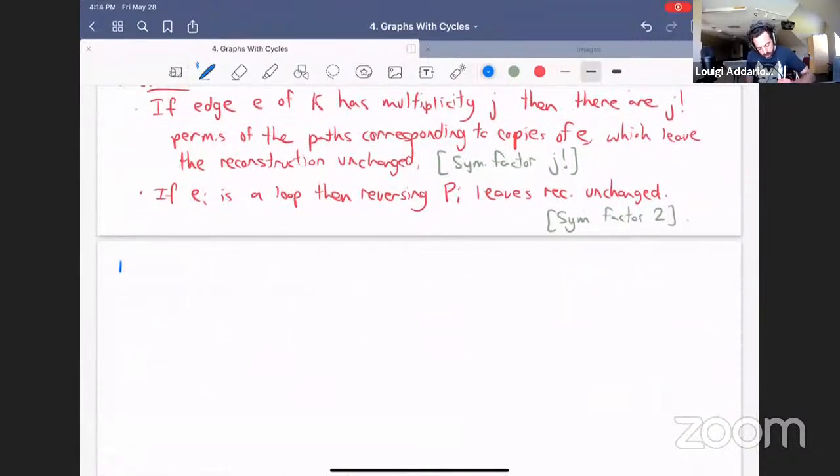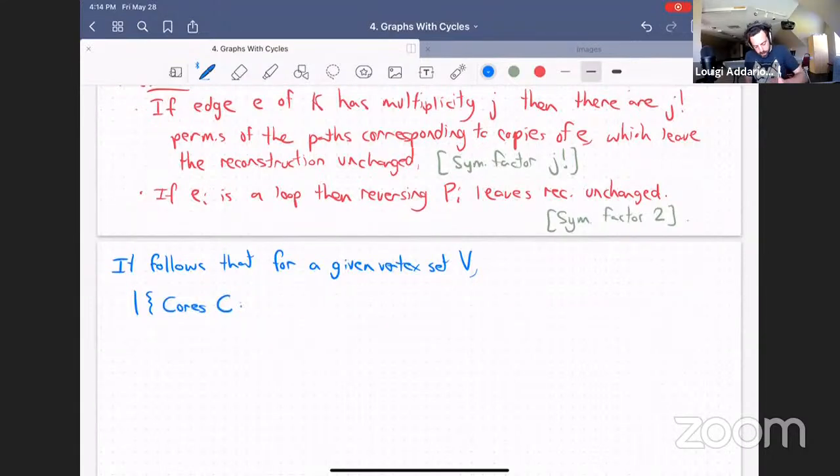And so this tells us that if you fix a given vertex set V, then the number of cores with the property that the vertex set is V and the kernel of C is some particular kernel K